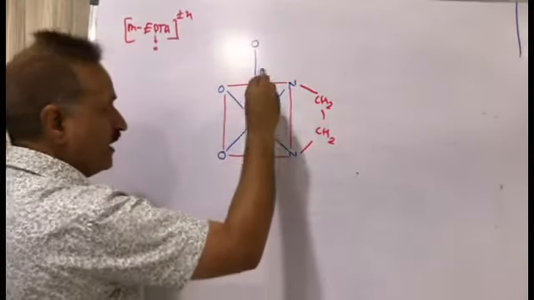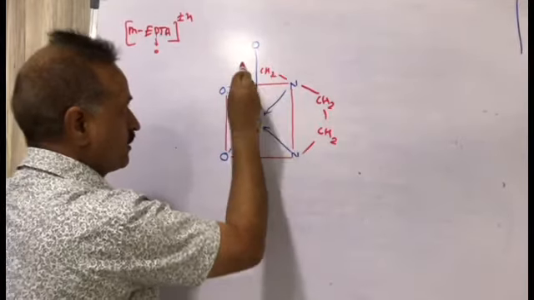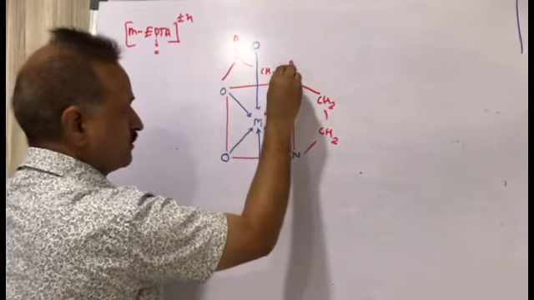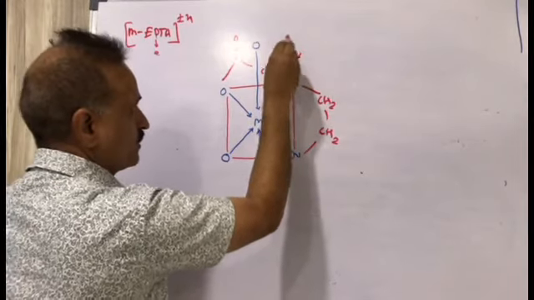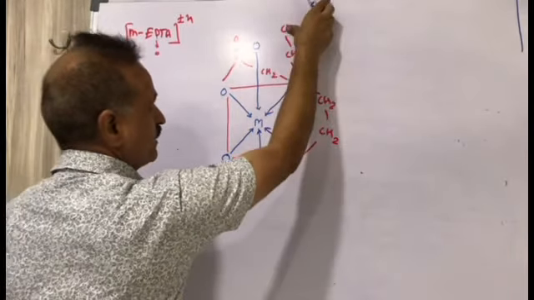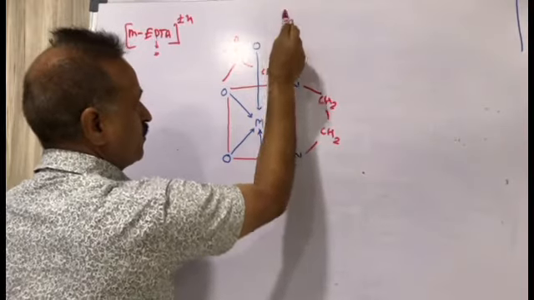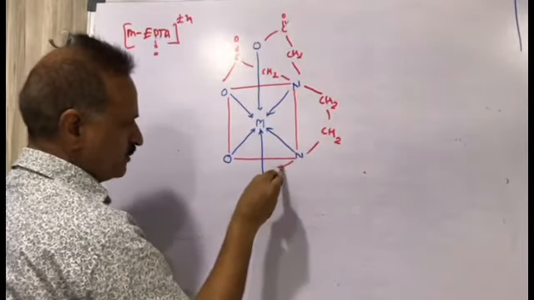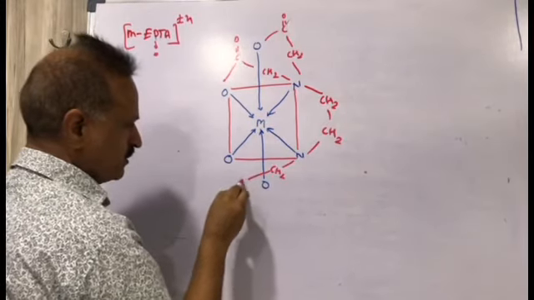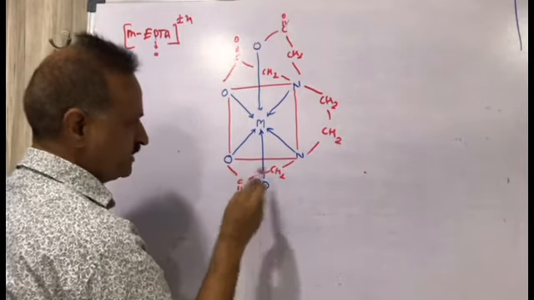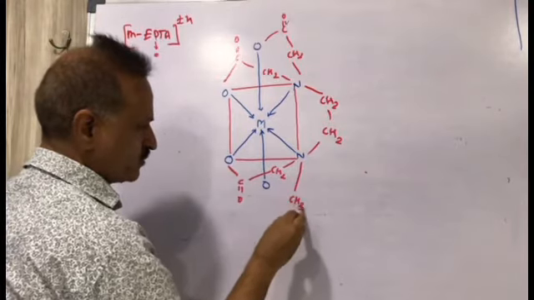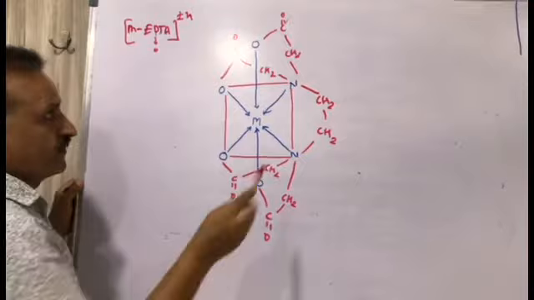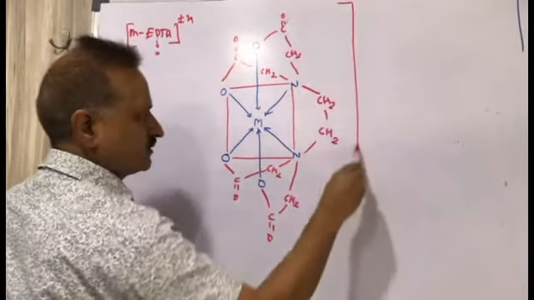Now CH2, C double bond O and O will attach. Same way, here will be drawn CH2, C double bond O attaching with O. Here CH2, C double bond O attaching with O. This is the 6 coordinate